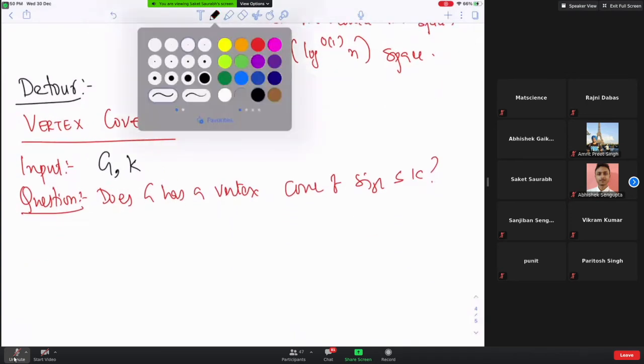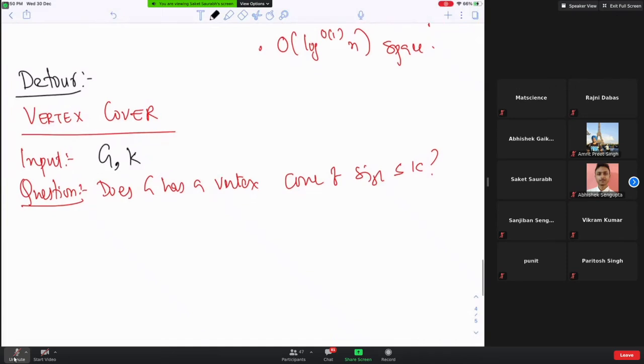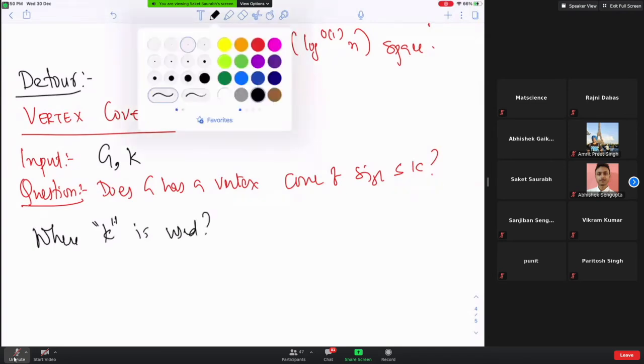So what did we do for patience sorting, like for the longest increasing sequence? How did we achieve something interesting? By somehow trying to design an algorithm where the size of the solution was an important factor. Am I right? So now I want to somehow come up with an algorithm where K is used. Now you will see something very interesting.